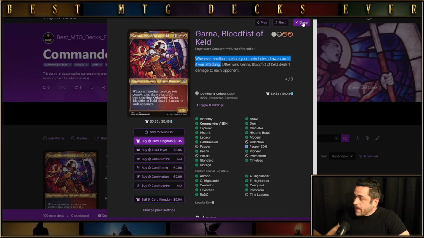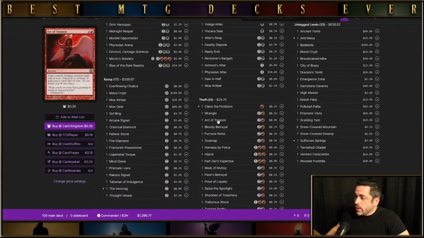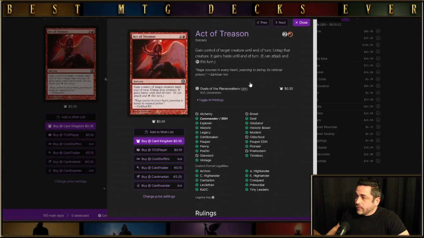We want Garna on the battlefield, then we want to cast something like Act of Treason, 2 colorless, 1 red: gain control of target creature until end of turn, untap that creature, it gains haste until end of turn. So we cast that, we take control of one of our opponent's commanders, it comes over, we attack with it, and